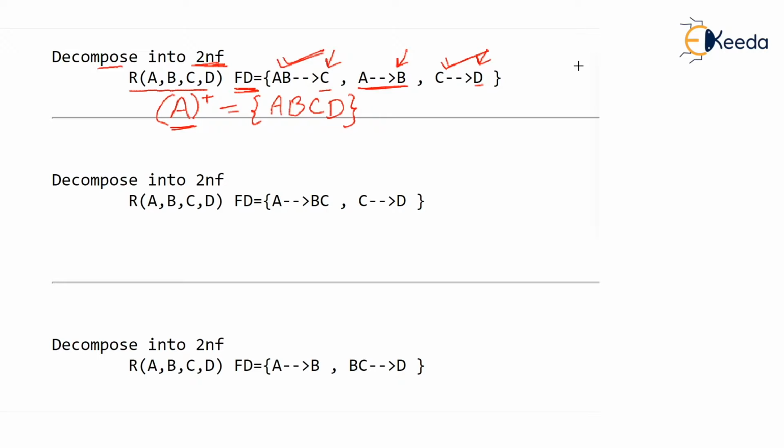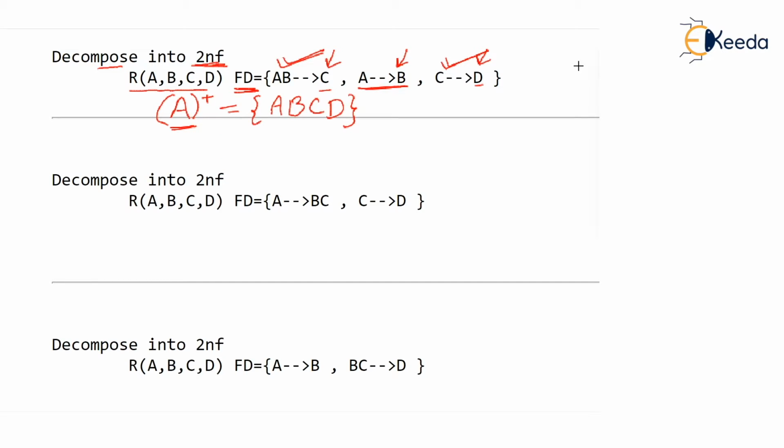Now, is there any other candidate key? One thing is sure, A must be part of the candidate key. You can't remove A. And if you add anything to this, it will become a super key. If you add A and C, then A itself is the candidate key and A can determine all the attributes, so AC will become a super key. So definitely this table has only one candidate key, which is A.